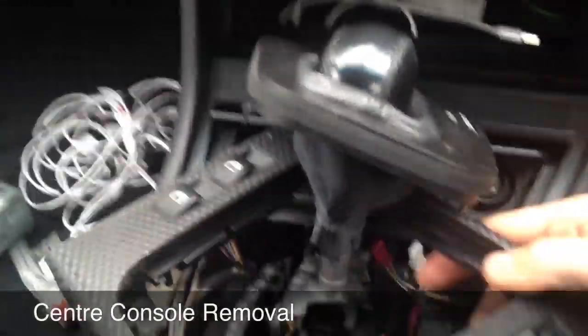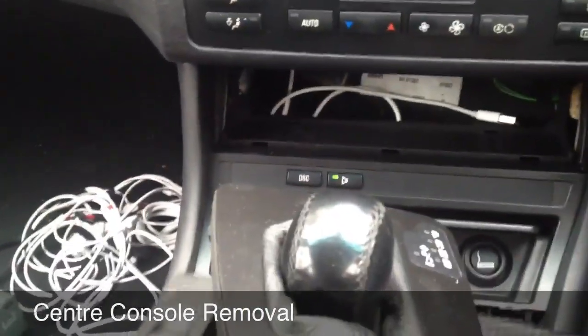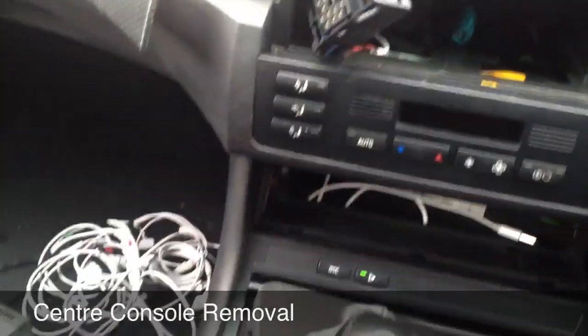Now you're going to have a couple of connectors underneath going to your electric windows. Once again, you can take them out, you don't have to. Personally, I'm not going to. I'm just going to put my car in neutral so I can take it back, and that's that. Right, so now